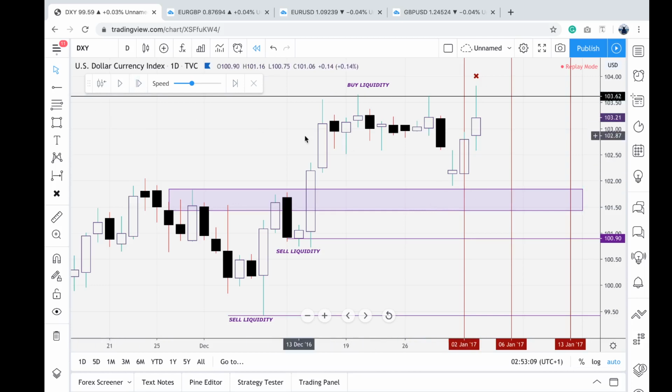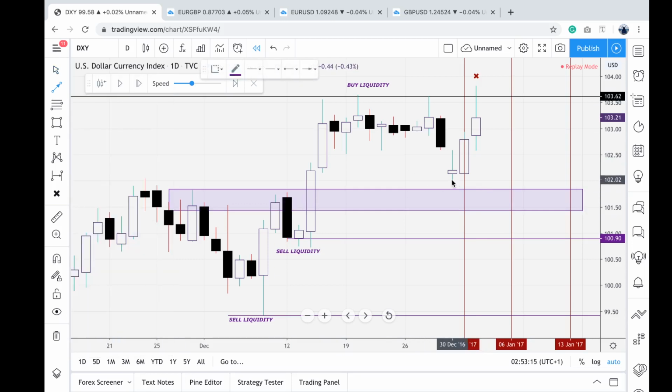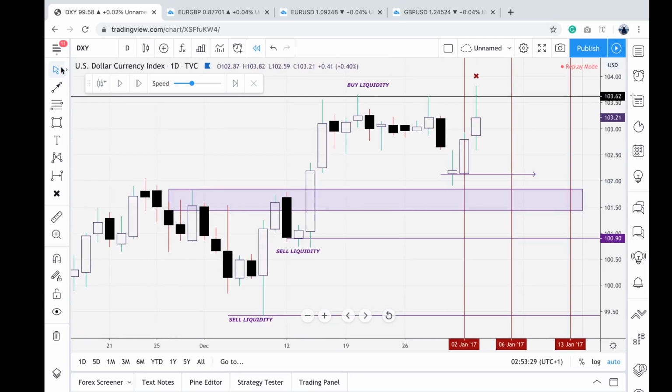Okay, so I want to see price take out 102. So put an arrow line around that level. 102, as you see these very clean candles, there will be some liquidity resting off that level as people who are in this very long-term buy move would want to trade their stop losses too tight. So our first sell side target will be off this level